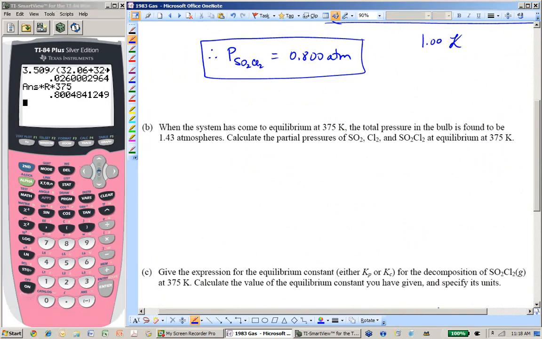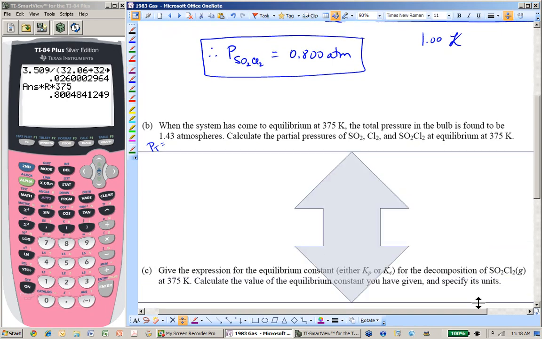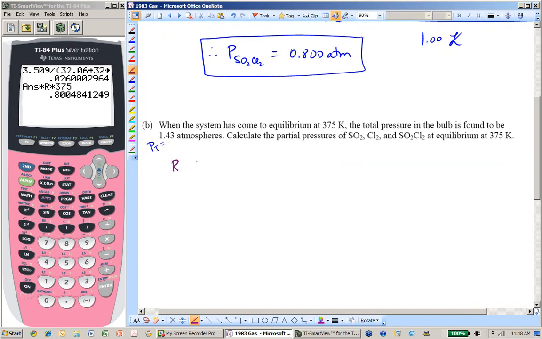When the system has come to equilibrium at 375 K, the total pressure in the bulb is found to be 1.43 atmospheres. Calculate the partial pressures then of SO2, Cl2, and SOCl2 at equilibrium at 375. Enter ICE table, stage left. All right, make myself a little more room. What was this reaction again? There we go. Initially, I had